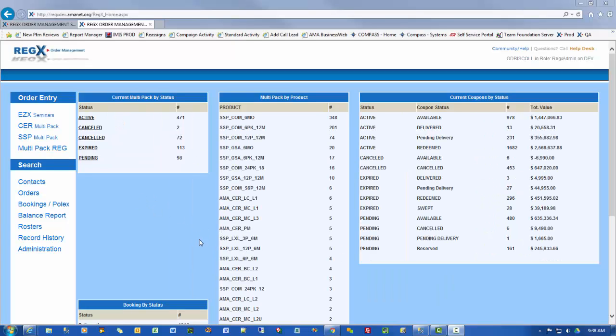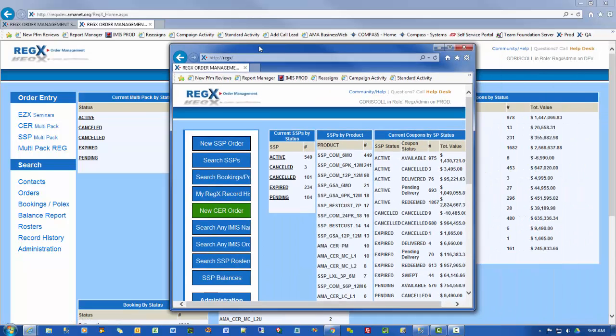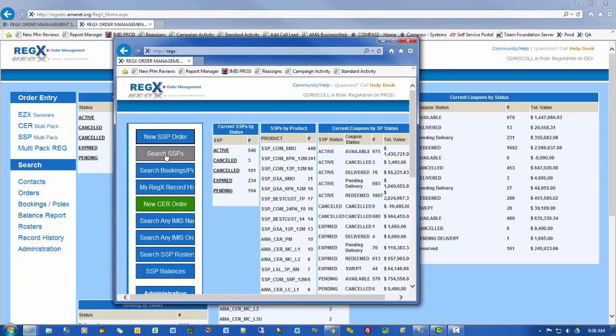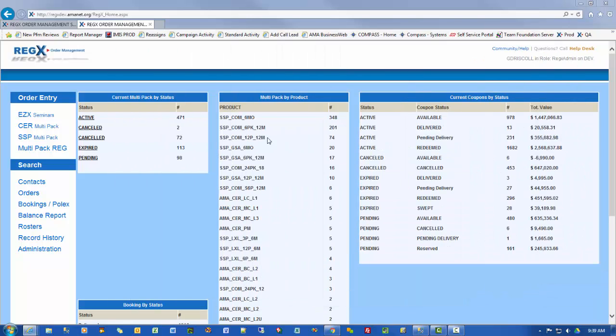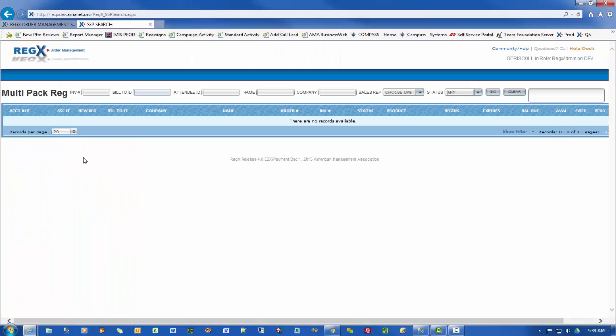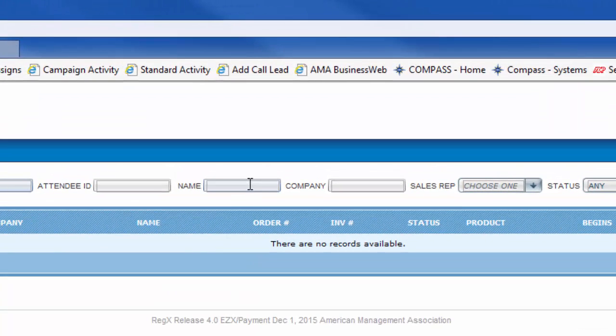Okay, let's look at the last choice in the order entry panel. That's multi-pack. In the current system, that used to be called Search SSPs. Since we have more multi-packs than just SSPs, meaning CERs, we adopted this name, multi-pack, and we know we want to do a registration under that CER. So click that, and that's our multi-pack search, and here we can search, for example,